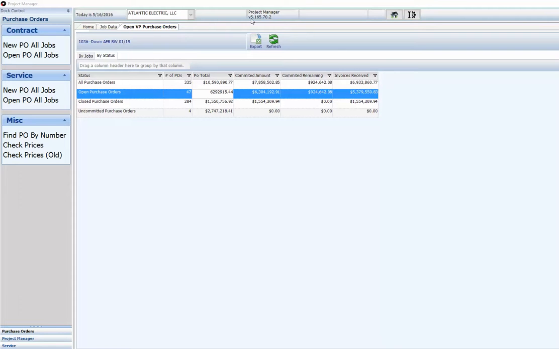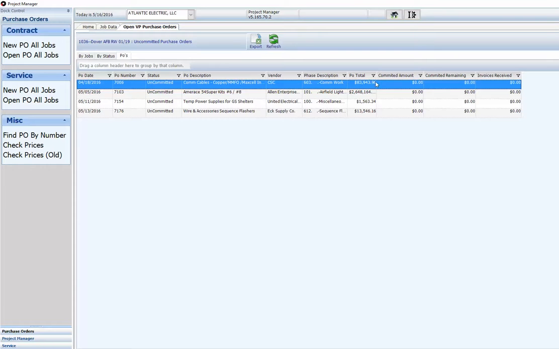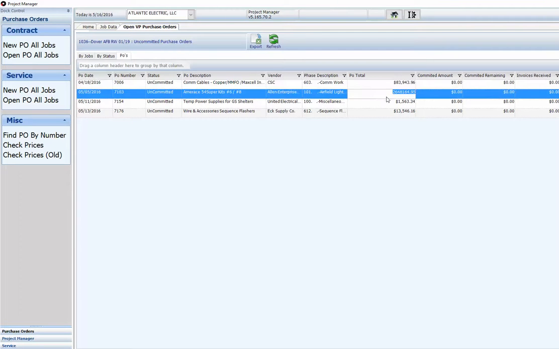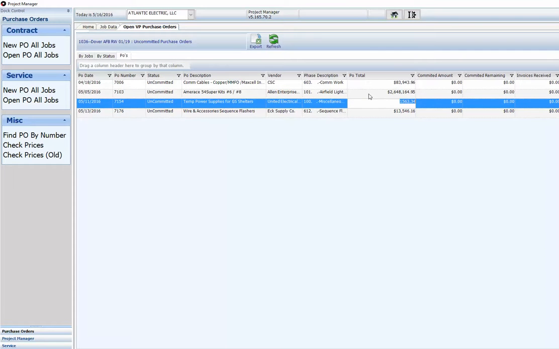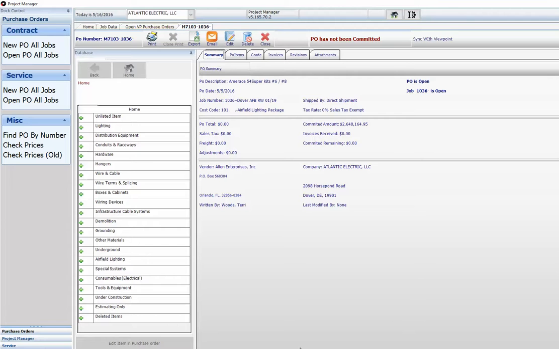This is version 5. We've got an error in this query, and version 5 and version 6 both have errors in it. You can see we have uncommitted purchase orders for a whole bunch of money there. When I double click on this, you can see I've got this one PO here, which is showing over $2 million. And when I open that PO up, you can see that there is,